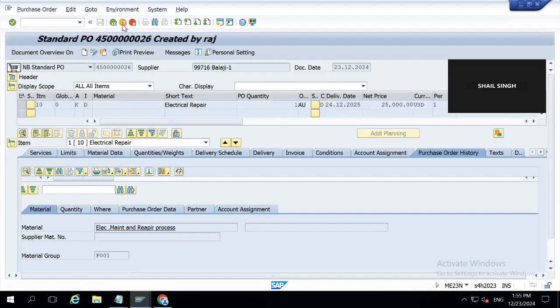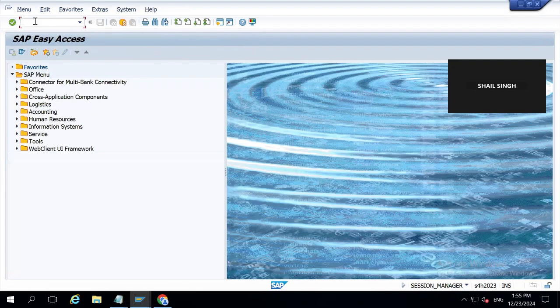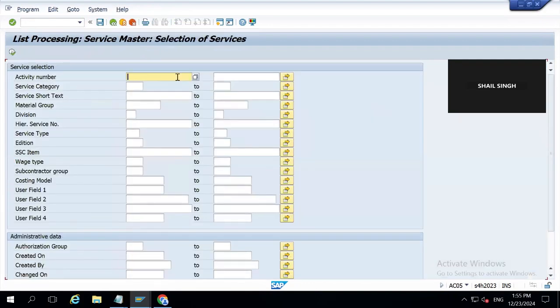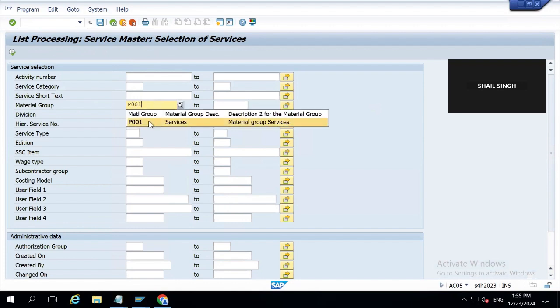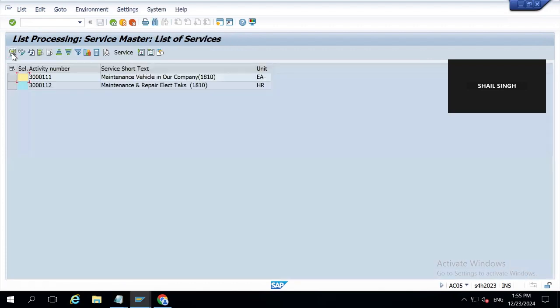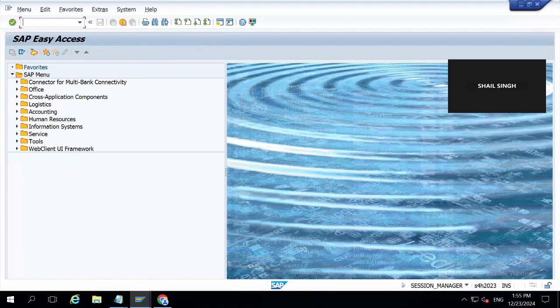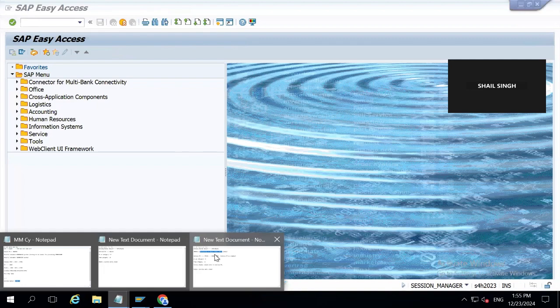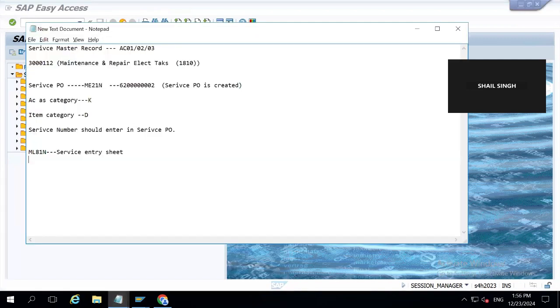And last point, we have AC05, where we can see the list of entries. I'm putting just P001. Let's see how many, and then you can execute. Against this, we have two. First is vehicle maintenance, vehicle activity, and second is maintenance and repair. So list of